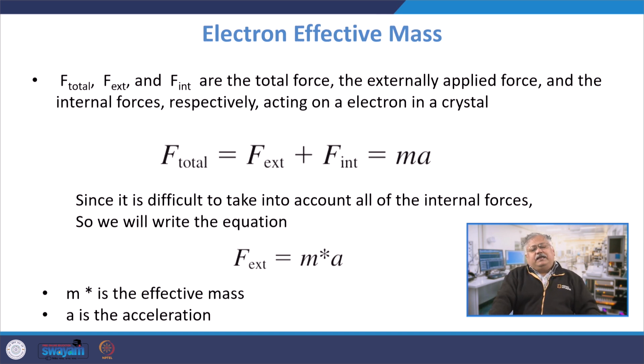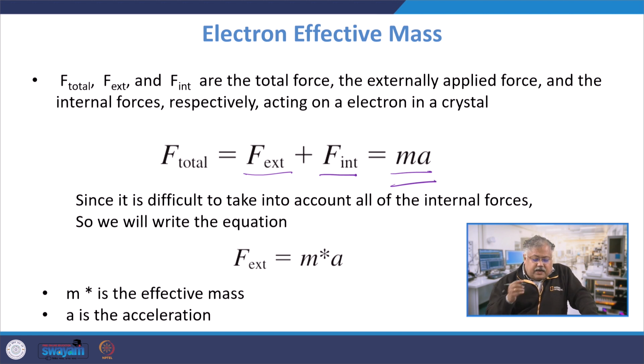Now, if you look from the basic principles of Newtonian mechanics, and assuming that Newtonian mechanics works here, and if we define F total as the total force acting on the particle, F external as the total external force, and F internal as the total internal force, then F total, which will be the sum of F external plus F internal, must be equal to Ma. That's true, right? Nothing difficult to understand, the total force will be equal to Ma. M is the mass of the particle and a is the acceleration. Now, this total force can be broken up into F external and F internal, right? And therefore,